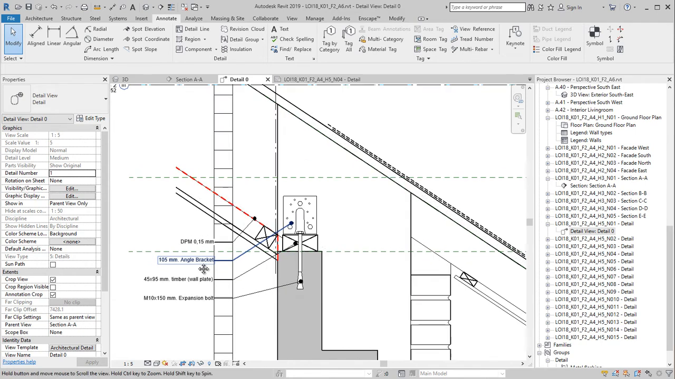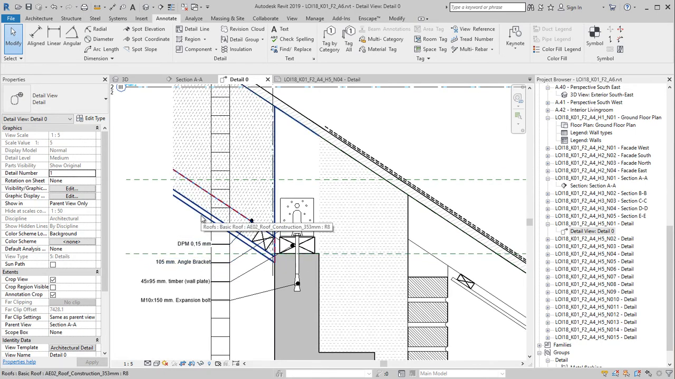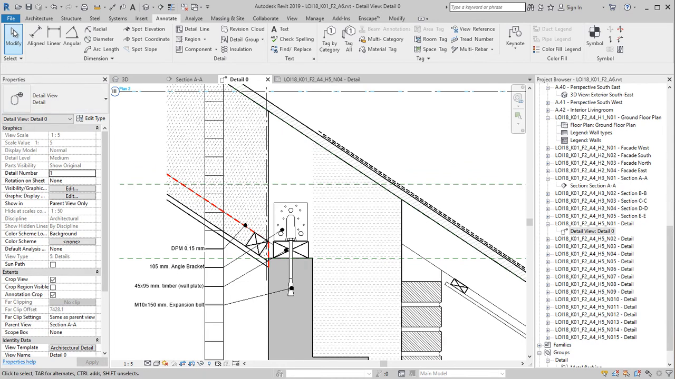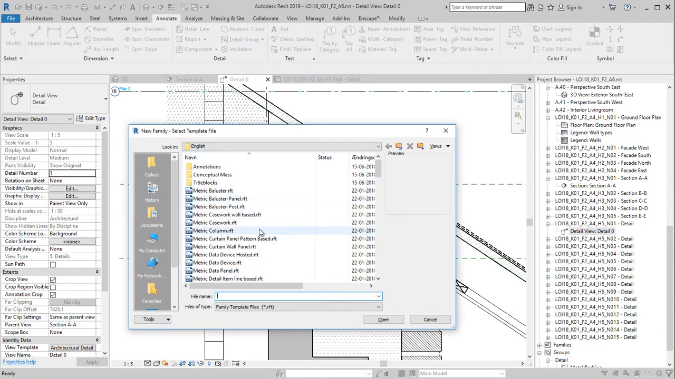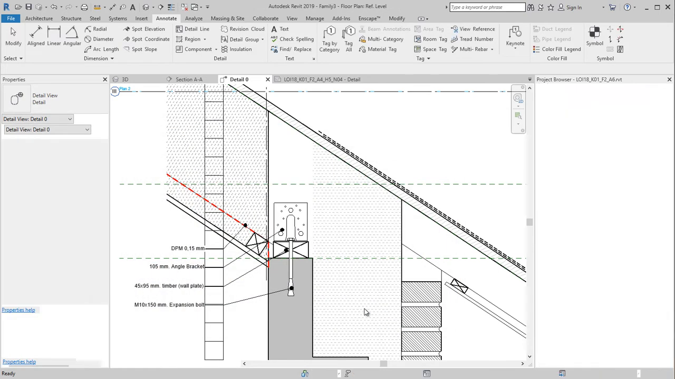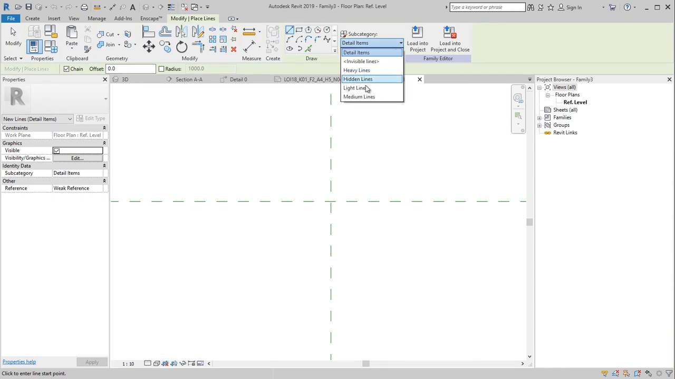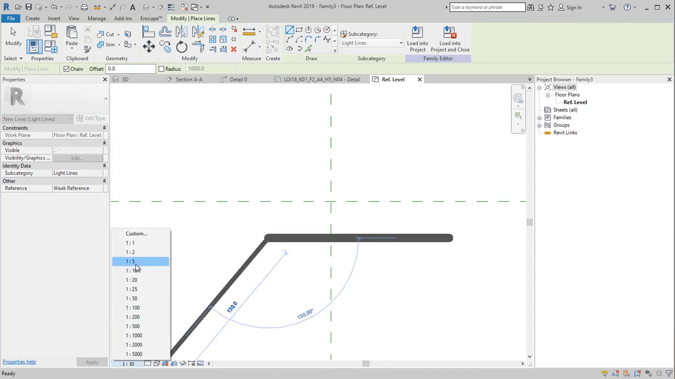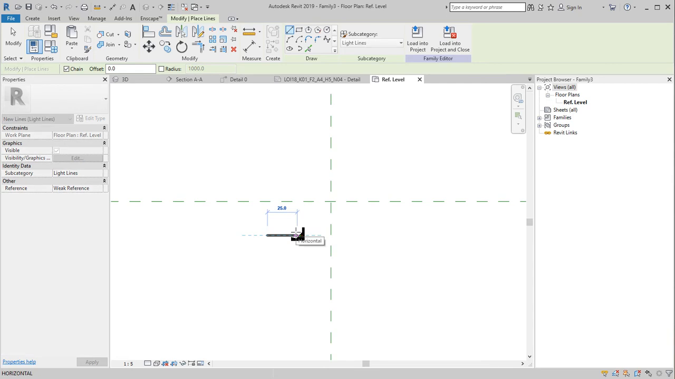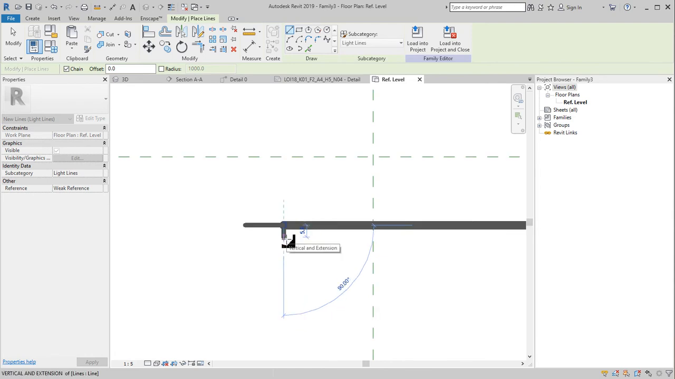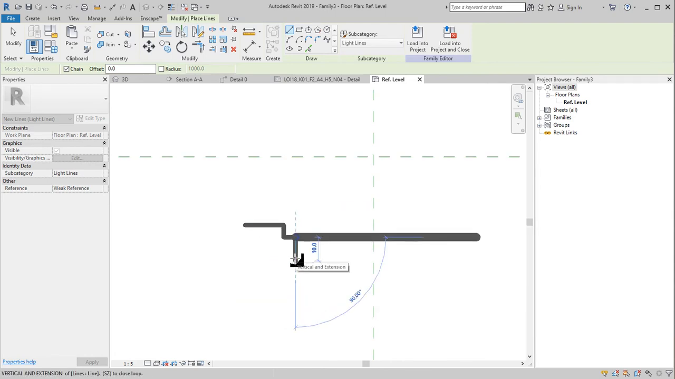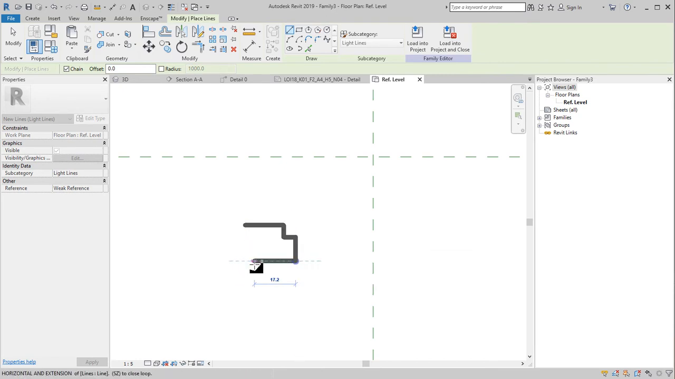So before we made a detail item line based, but it can be more simple than that. Let's have a look at how to create just an ordinary detail item. So a metric detail item will have this cross or intersection of the two reference planes. So that will be our insertion point where we insert our detail item in the project. So if we, in this example, try to create a skirting between the wall and the roof,